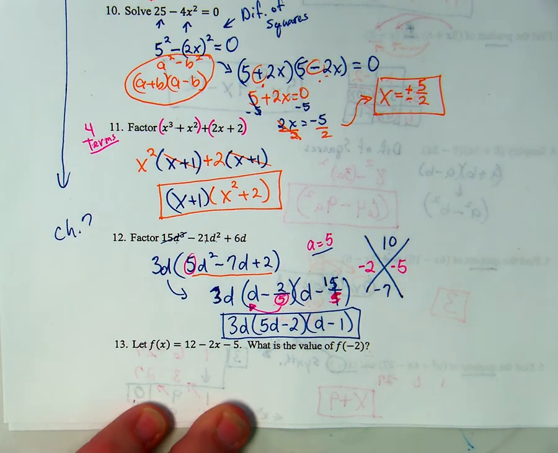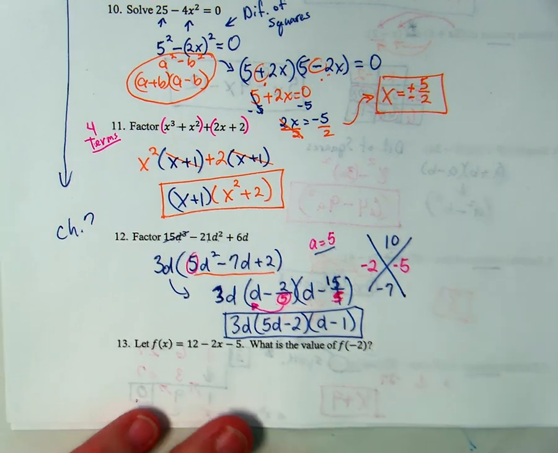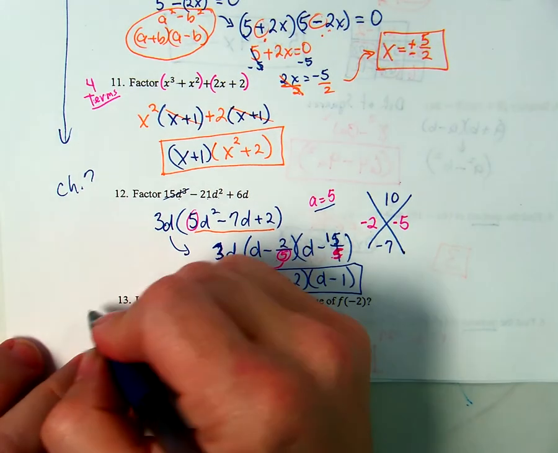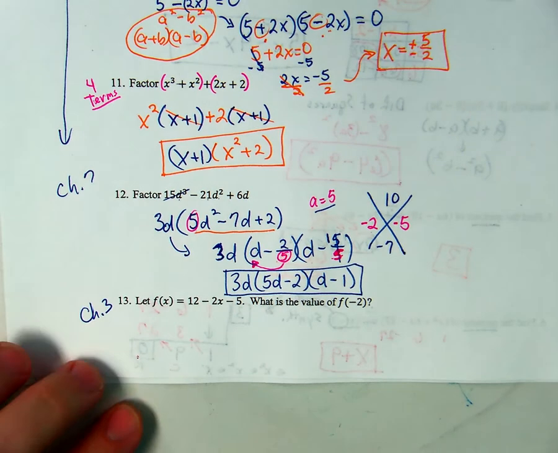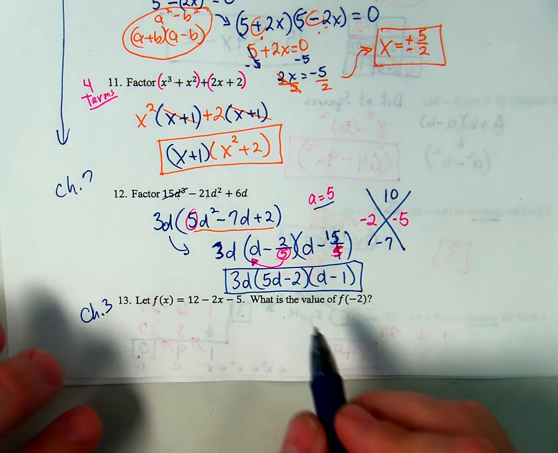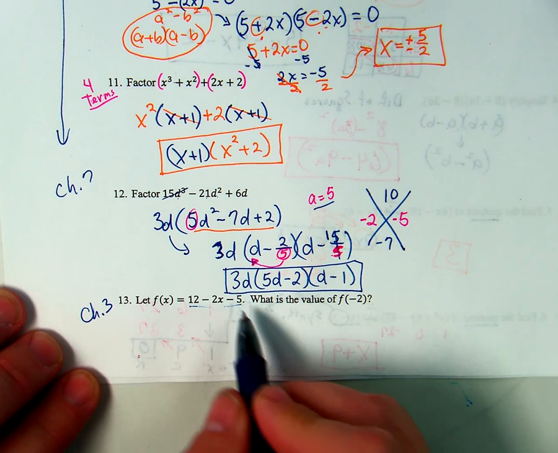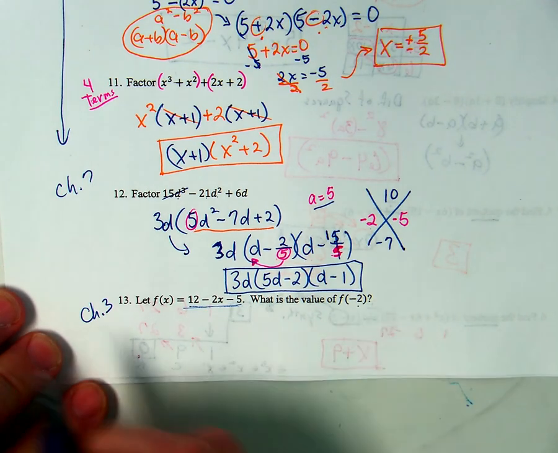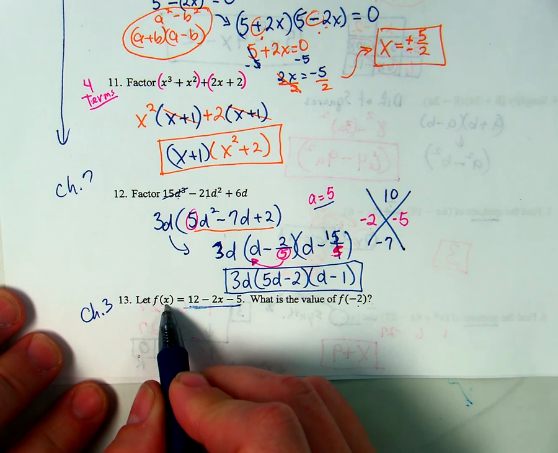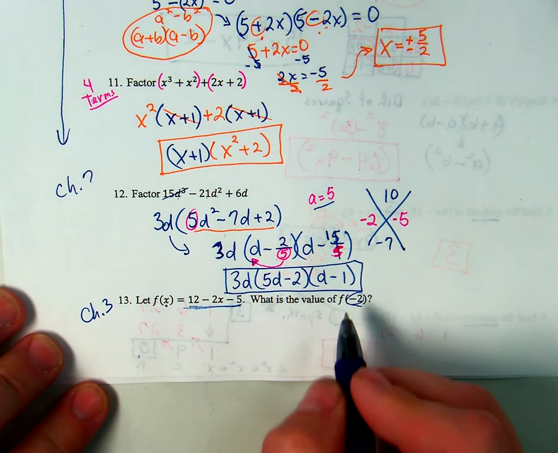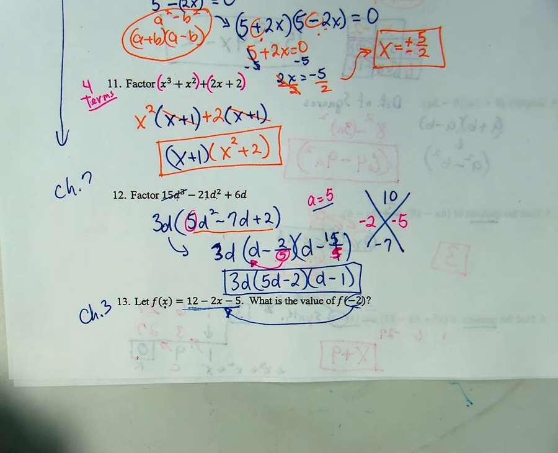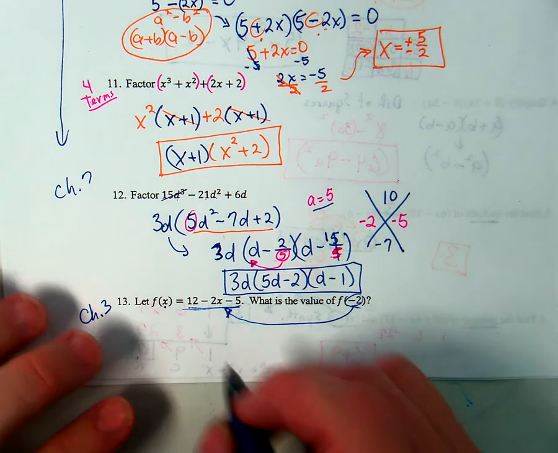Okay, number 13. This one goes back to chapter 3. And this is actually pretty simple. We're evaluating basically this expression where x is a negative 2, which f of x equals this expression. Well, instead of x, they just replaced x with a negative 2. So we'll replace x with a negative 2. And if we do that, we should end up with